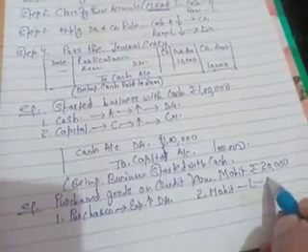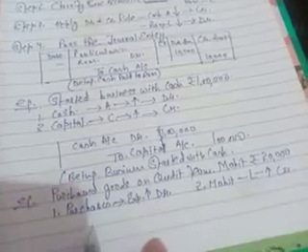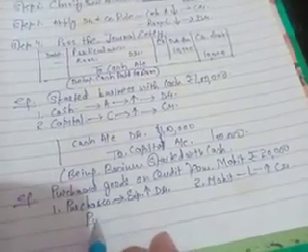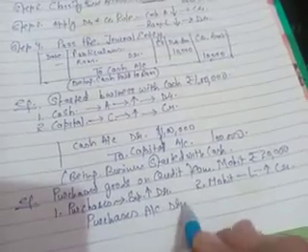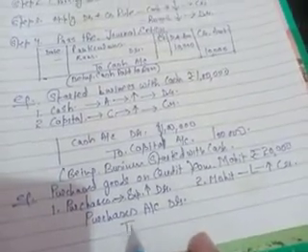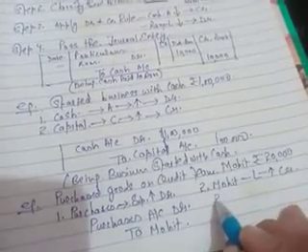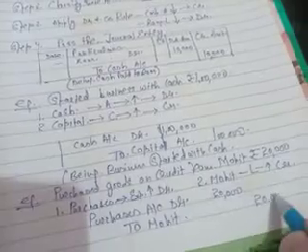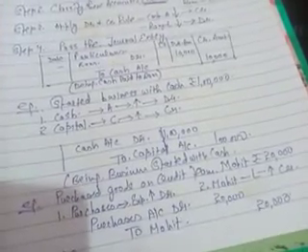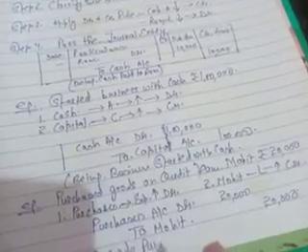Here liability is also increasing, and increase in liability is always credited. So our journal entry will be purchases account debit to Mohit 20,000, being goods purchased